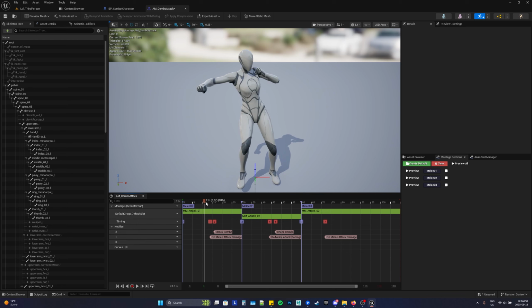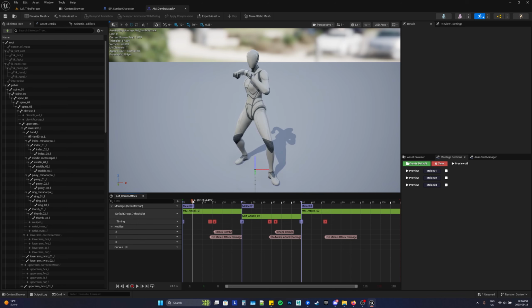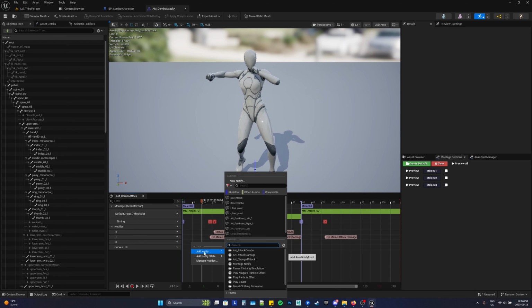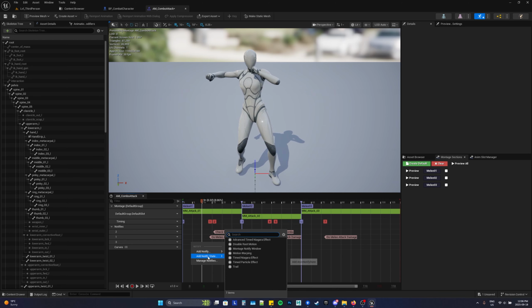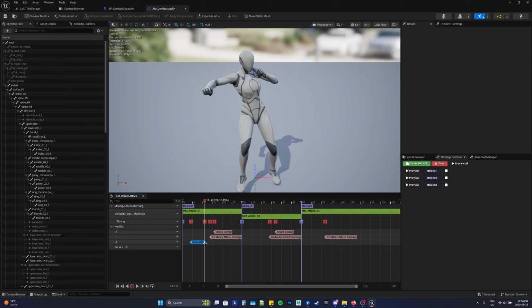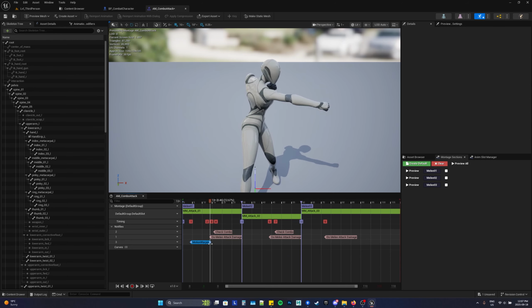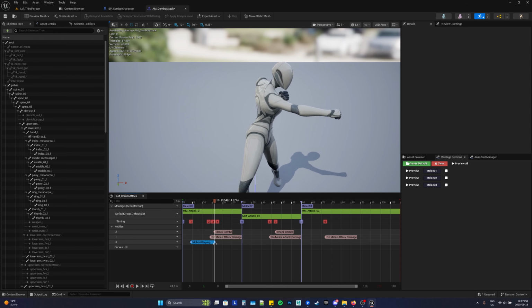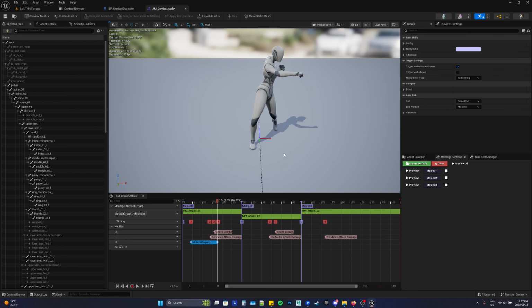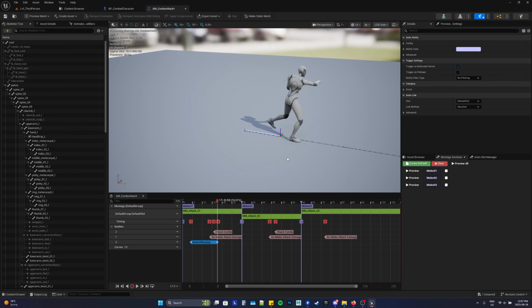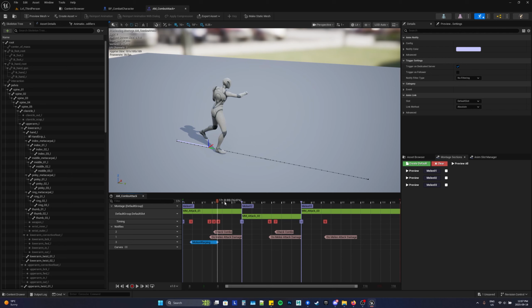So the couple Anim notifies that we're going to use will be the motion warping one. We can even add those now because they already exist. So under notify state, there's motion warping. And in here, I want to just kind of time it while he's moving forwards during root motion, because I think that's a really good place, I guess, is while he's kind of moving forwards and jousting his fist,